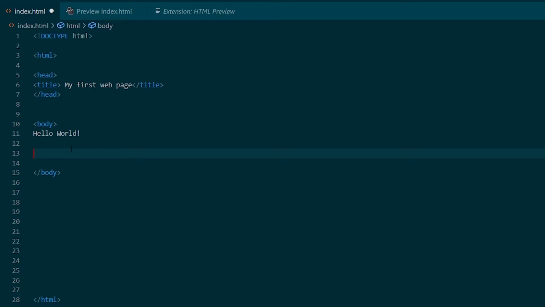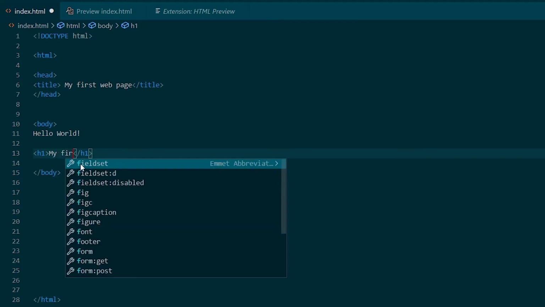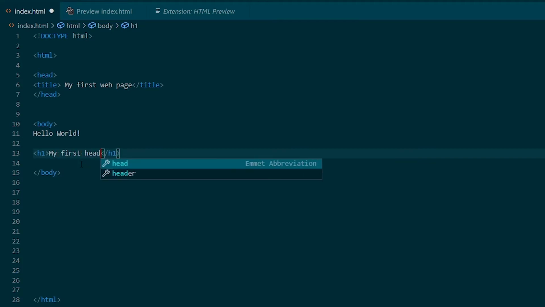So I'm going to show you a little bit about how to use headings. Headings are really important to adding text within your website, and there are 5 different headings to choose from. So you've got H1. And when you end it, it will automatically put the ending tag in there. So if you just put in there my first heading